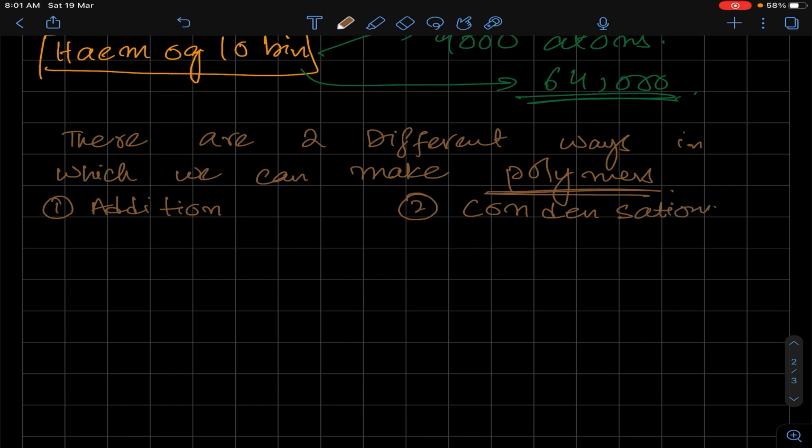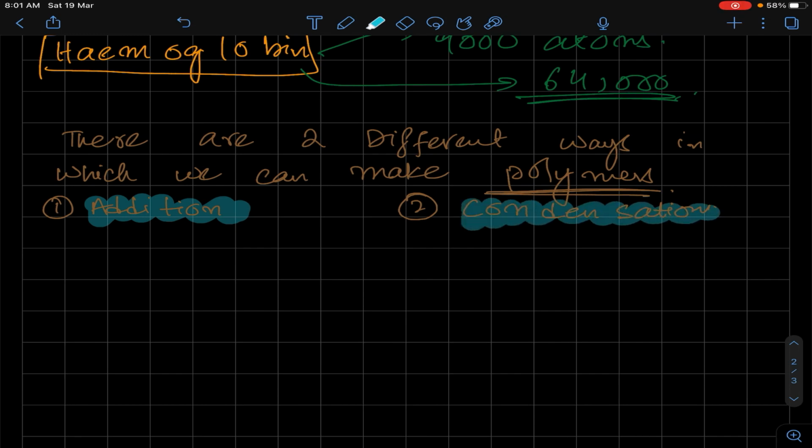All right, so number one is addition polymerization and the other one is condensation polymerization. First we would talk about addition polymerization and then we would discuss condensation polymerization. Another categorization which you have to understand is that polymers, this addition and condensation polymers, is based on how they are made, right? And if we talk about their origin, polymers can also be divided based on their origin as well,